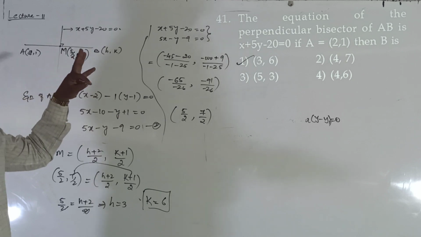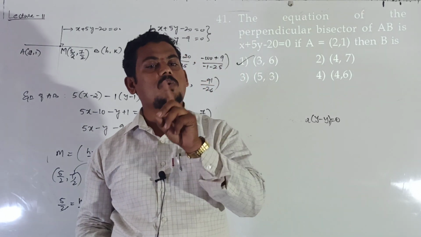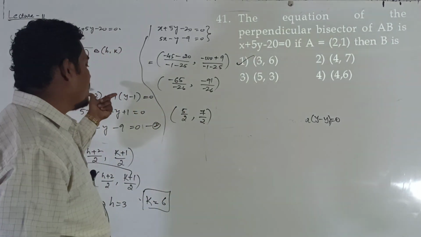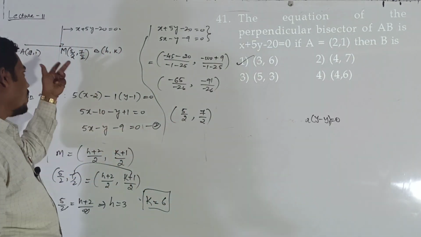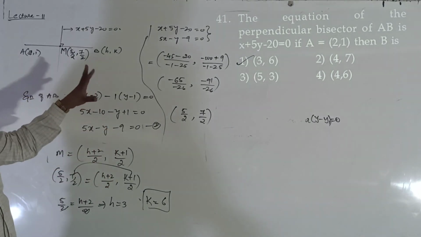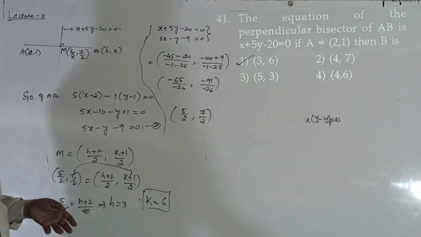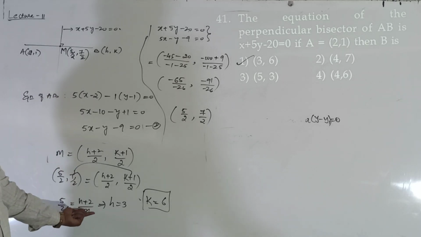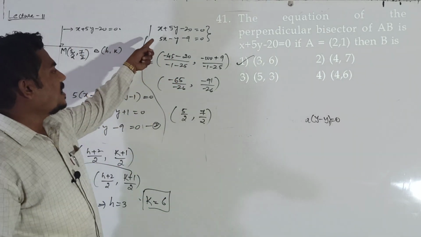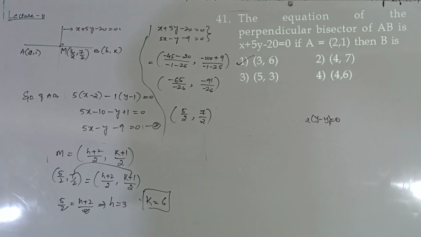First, the point of intersection of the given two lines. For finding the point of intersection of the given two lines, we need both equations. Only one equation is given. By using the given condition, find the equation of AB. After finding the equation of AB, solve the two equations. Then you get the point of intersection of the given two lines. In this case, the point of intersection of the given two lines is clearly the midpoint of AB. By using the midpoint concept, you get the coordinates of B, that is 3 comma 6. The point of intersection is found by the shortcut formula, the cross multiplication method, right? Next question.